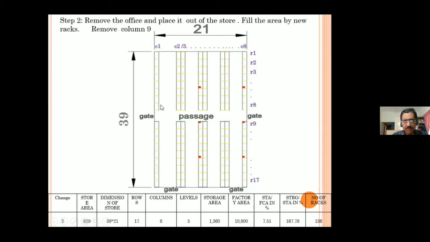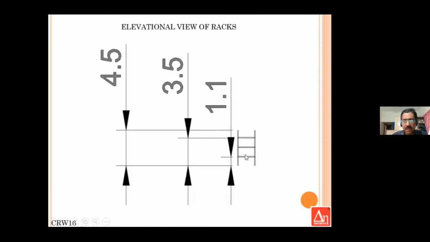Even what I have seen personally is that the Z axis is normally not filled up. If you go and check a rack, especially the upper racks, you will find hardly 30 centimeter or 40 centimeter of material lying there, and the balance area is left free because the forklift operator is not sure whether he can stack it properly or not. So instead, the height between the racks is normally 1 meter. You reduce it, make it if possible 0.9 meter, so that you have G as 0 level.